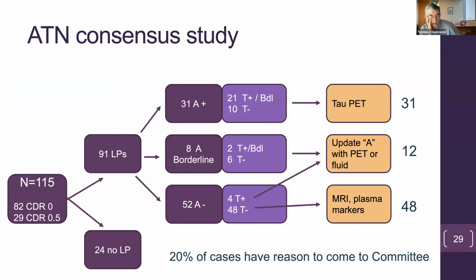So how are we assigning ATN in the center using imaging and fluid markers? We describe the process by which we analyze the available data for each participant, which might come from lumbar puncture or blood or imaging, as an ATN exercise in ATN consensus. We have a committee that draws from several disciplines to do this and articulate what the algorithm is. In our pilot study with this, we worked with 115 individuals that were studied in the last cycle of the center with fMRI and spinal fluid